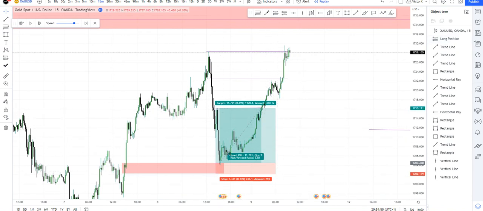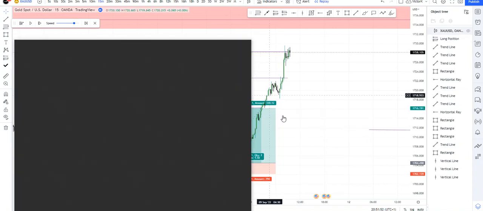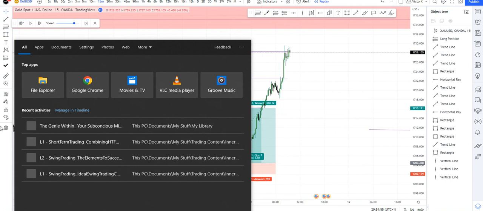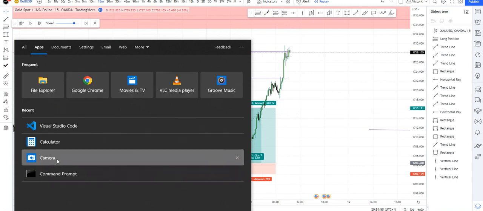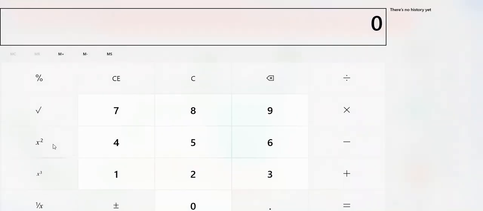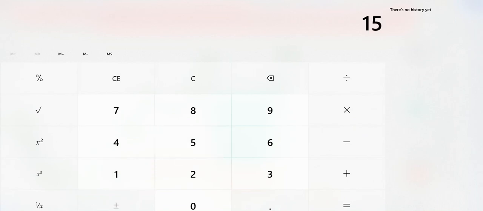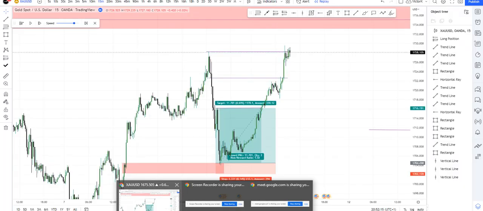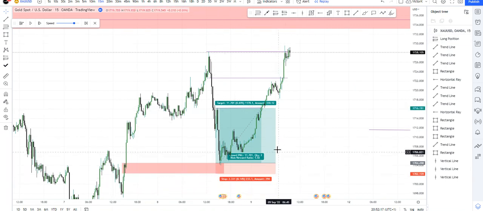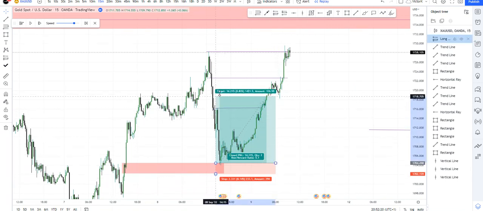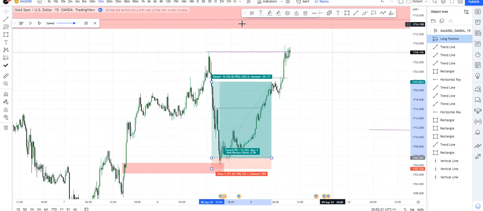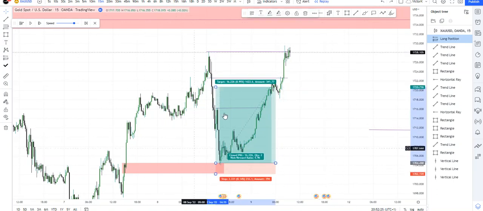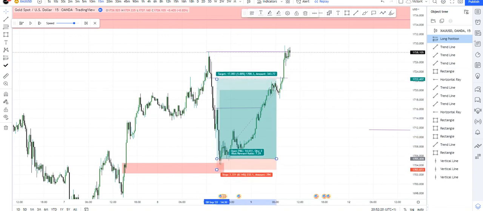Let me just pull up a calculator. If you take partial profit, your profit will be less, but you'll be making money more often than if you don't take partials. So first of all, you close $150. Then it gets to this point. At this point now, it is at